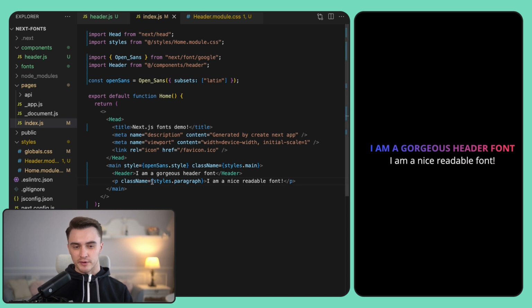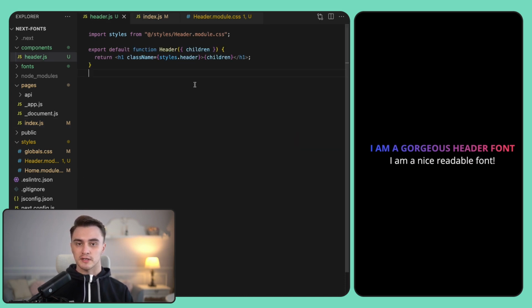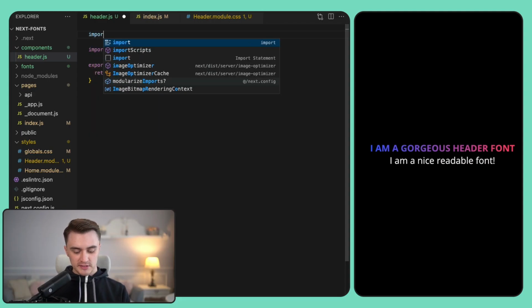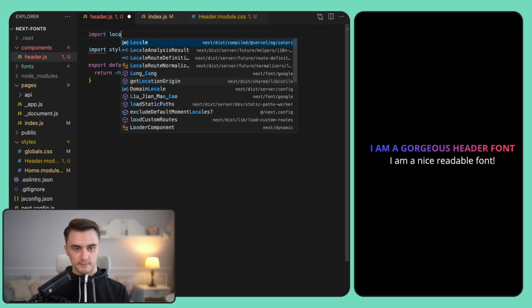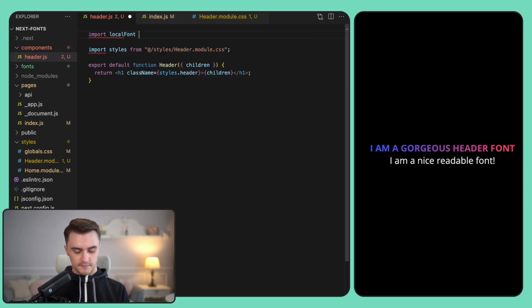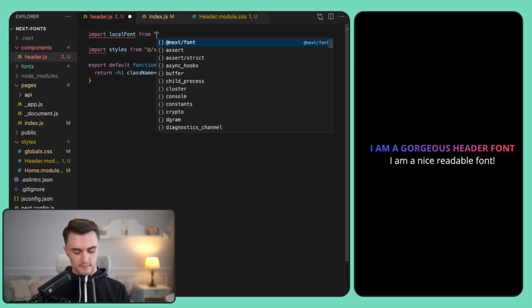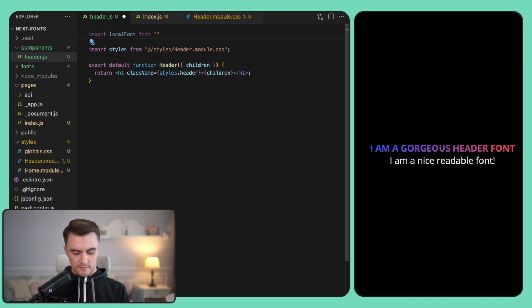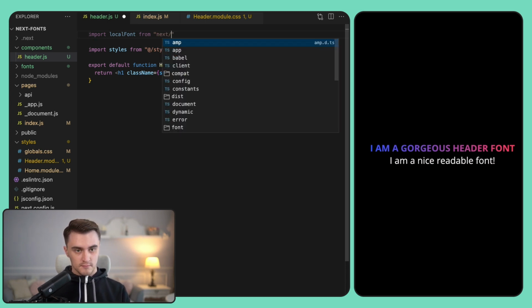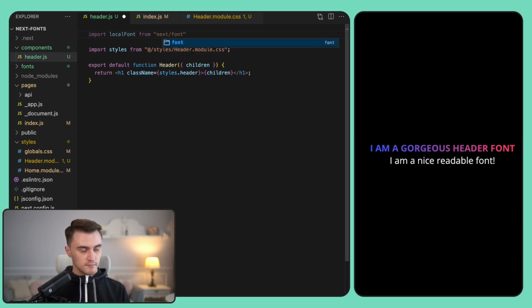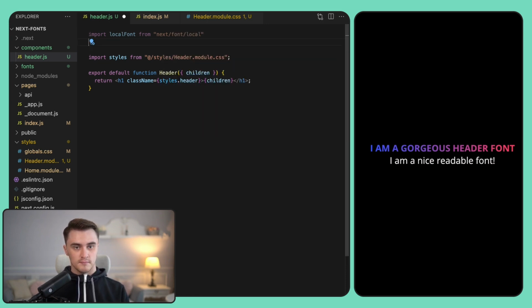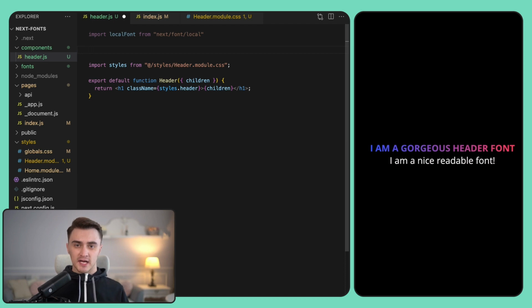And as you can see now, we're still using our global font because we still don't use our local font in our header component. So let's do that. To work with local fonts, we'd use the local font import. Now, the same way as with Google Fonts, we need to configure the object.